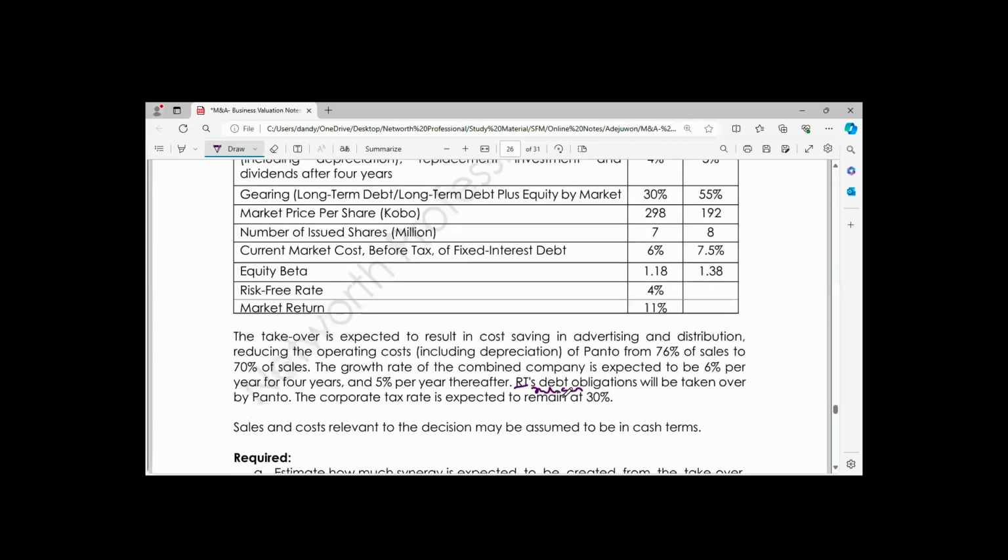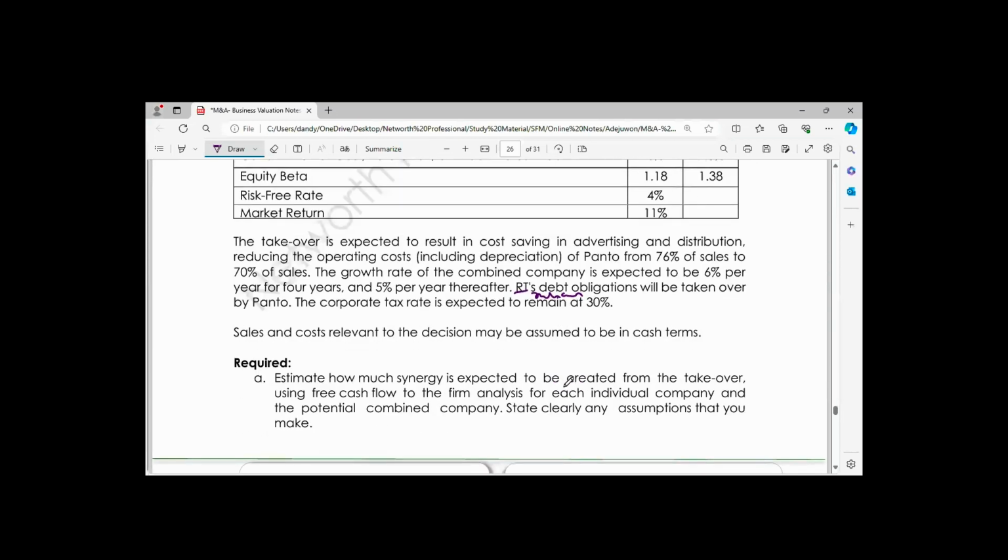Then, according to the question, let's identify if financial risk will change. And we said financial risk will change if the combined business is going to pay debts as a result of the business combination, or debt equity proportion are expected to change as a result of the business combination. So when you look at the last paragraph, the only information that we have that has to do with debts is the fact that